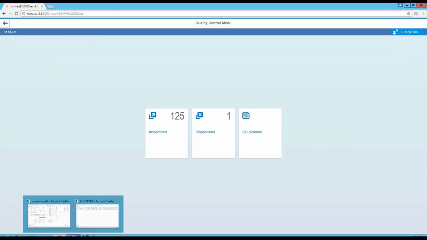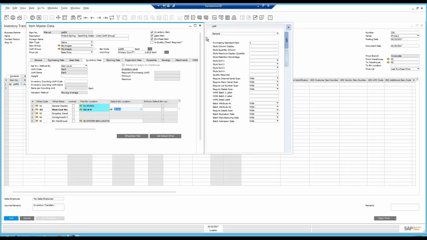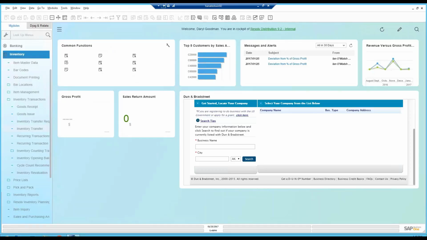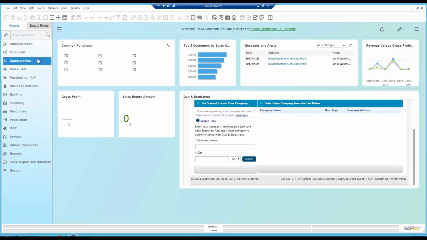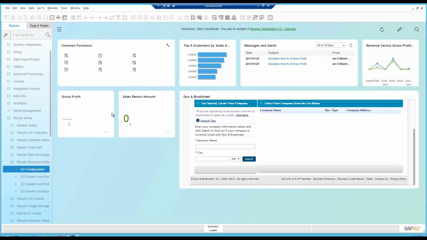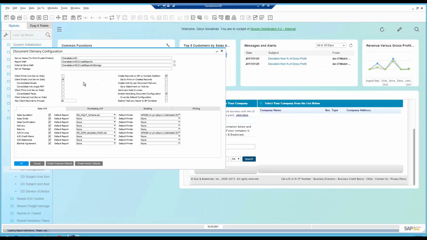I'm just going to go into my test server here so that we can go through and take a look at the document delivery. So document delivery, which has been available in the SQL product for a very long time, is now available again inside the HANA product. So you can see it's got pretty much the same configuration that, if you've used it before, where you're able to come in here and specify whether or not you want to save a copy of it as an activity,